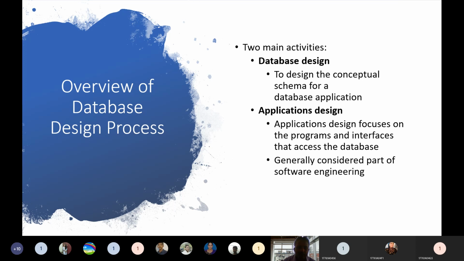Generally, application design is taken care of in software engineering, one more subject in computer science or information technology. Over there they design the application and then go for its implementation. Right now we are discussing not the application design but the database design. Here we will concentrate on the conceptual schema.